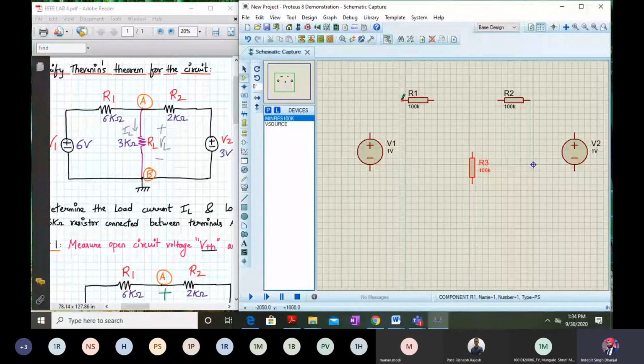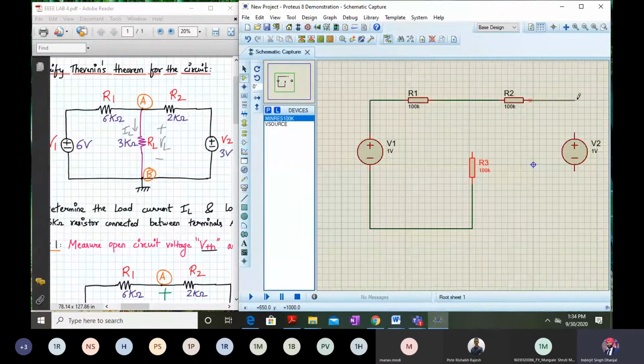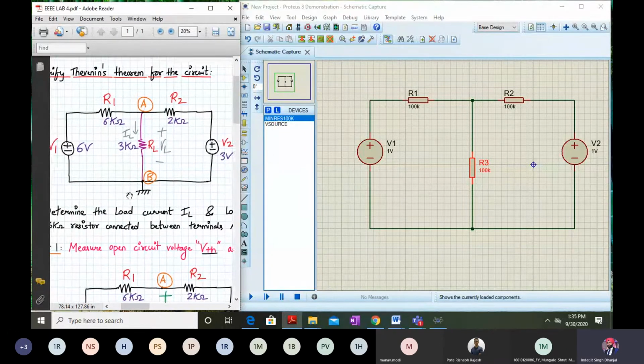Now we join them with the wire. So as you can see, whenever you bring the mouse pointer near it, automatically the wire will come up. So you need to tap it like this once, and again you can complete the circuit schematic like this. Okay, and from here to here. Oh, okay. I need to place it over here. Yeah. So my circuit schematic is complete and it's looking exactly the same, except that a ground terminal is also